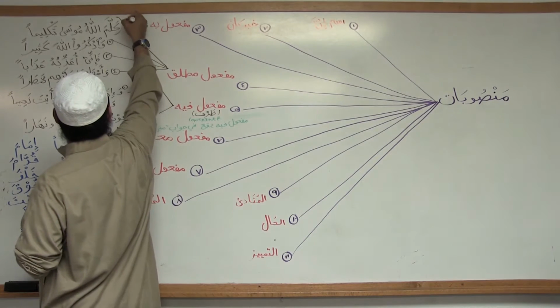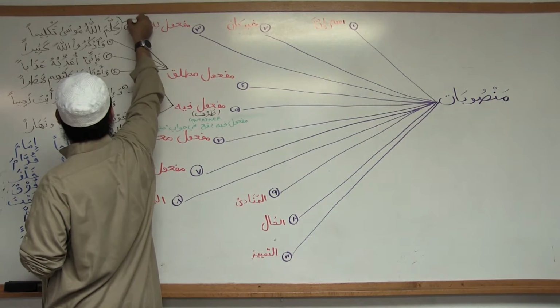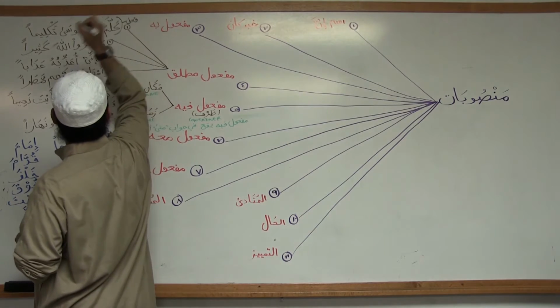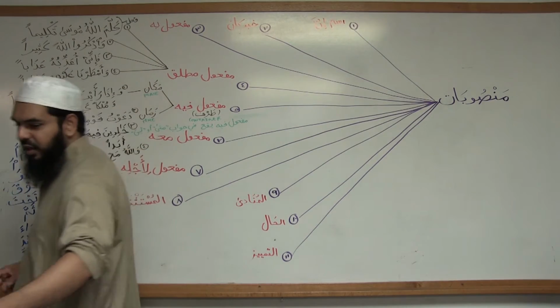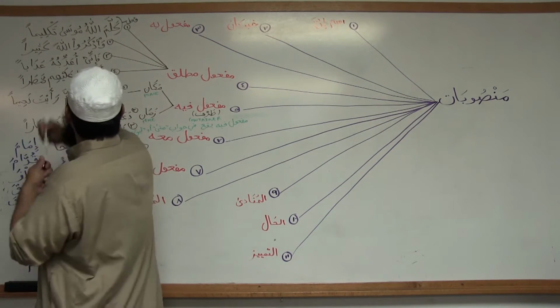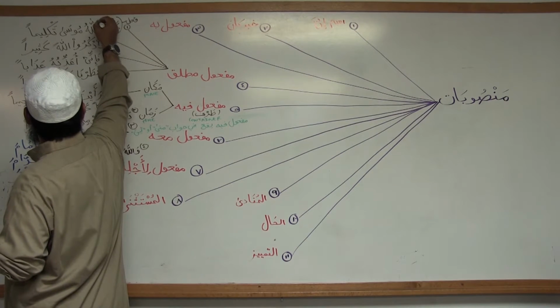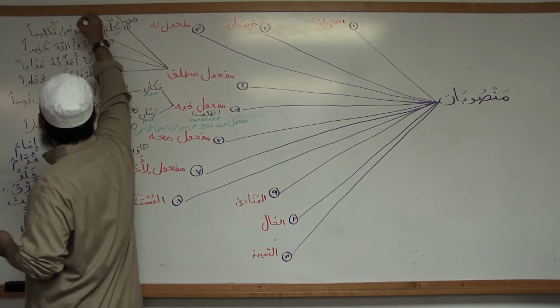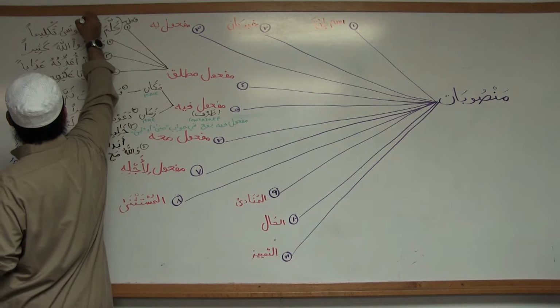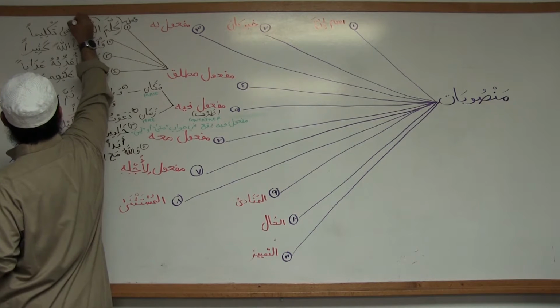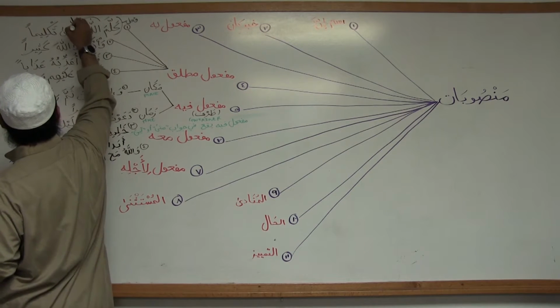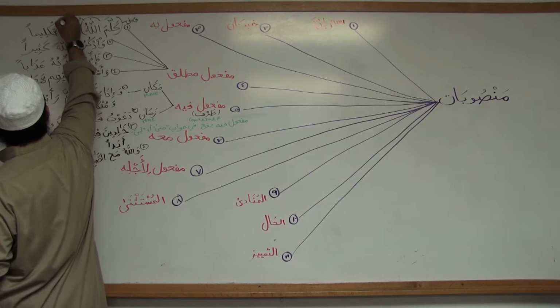Kallama, what is this? To speak. Spoke. Excellent. It's your fi'l. And Allahu, the Ismul Dhul Jalala, this is your fa'il. Tayyib. Musa, this is your